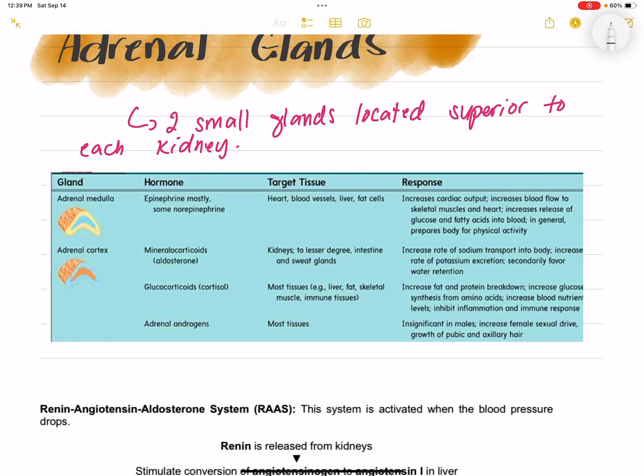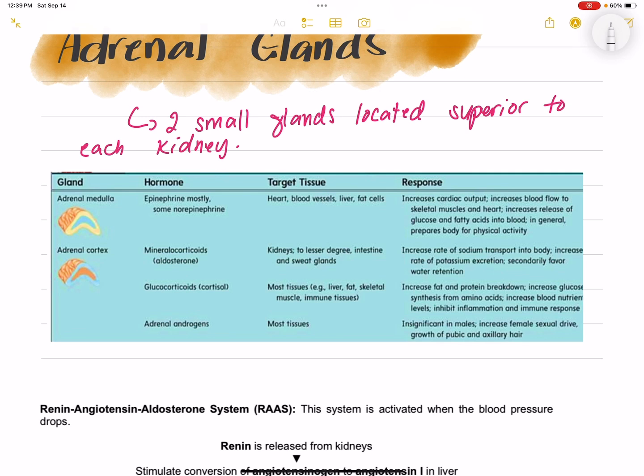Okay, so ang target tissue sa aton aldosterone is the kidneys, to a lesser degree intestine and sweat glands. Glucocorticoids, most tissues. Examples are liver, fat, skeletal muscle, and immune tissues. And adrenal androgens is most tissues. Okay? So, increased rate of sodium transport in blood, increased rate of potassium secretion, secondarily favor water retention ang sa